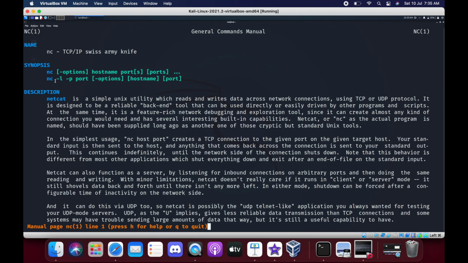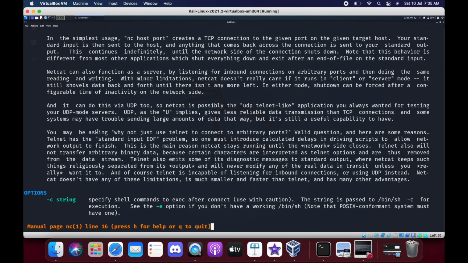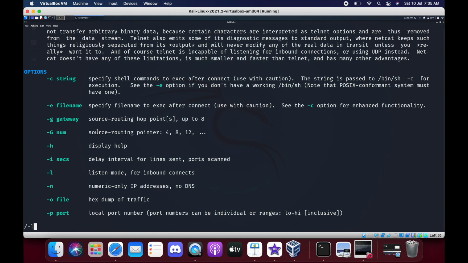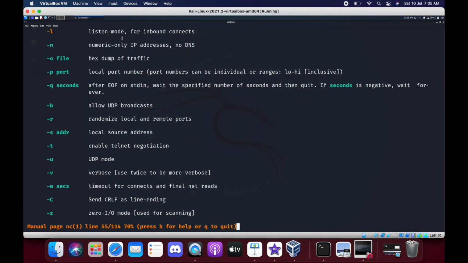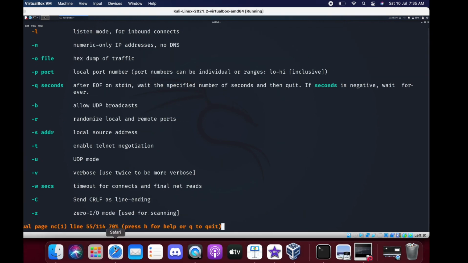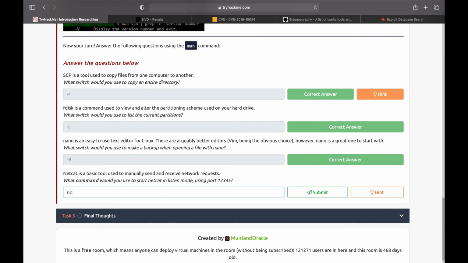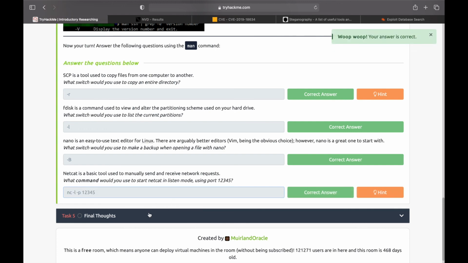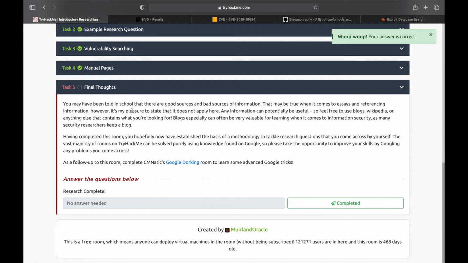If you see here, there is an option nc -l -p port. We need to check what -l refers to. Okay, -l is listen mode. Now we got the answer. So it's nc -l for listen mode, and on which port number? -p 12345.